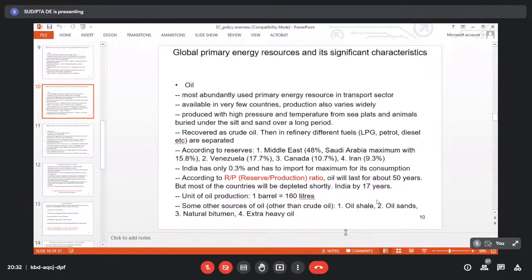Anyway, based on these, the sensitivity issue of the import of oil has to be maintained; it is a very tricky issue. And then conversion to electric mobility is not a preferred or desired option, or rather a suddenly chosen option. It's some sort of compulsion for India. Moreover, you will find that this is not about 50 years only. The entire globe, as per the reserve by production ratio, is going to be exhausted. So an alternative has to be found out.